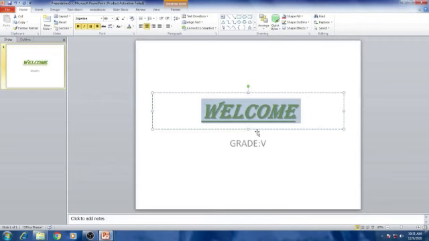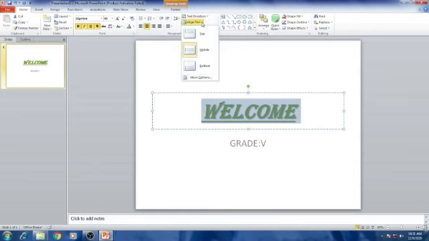After that, click the align text drop down list arrow from the paragraph group on the home tab. Here you can see the paragraph group, and from it the align text option. Near that you can see the drop down arrow, click it.